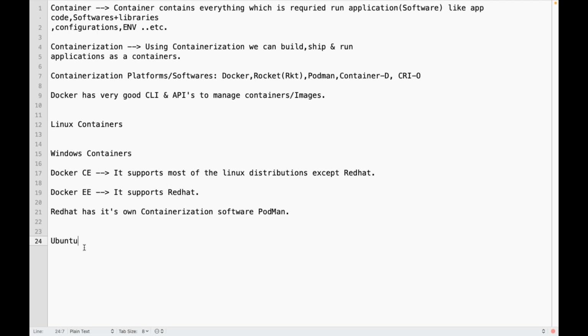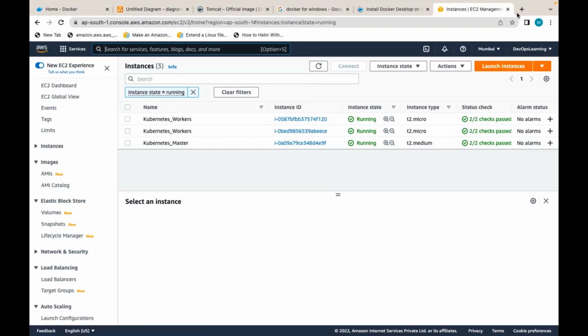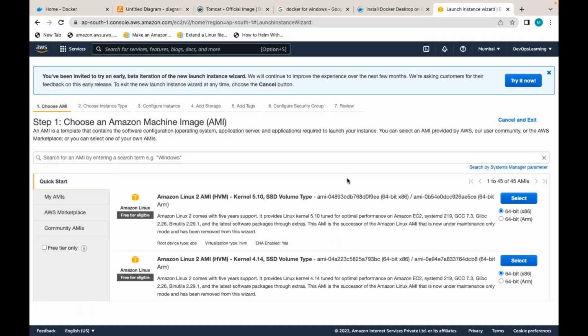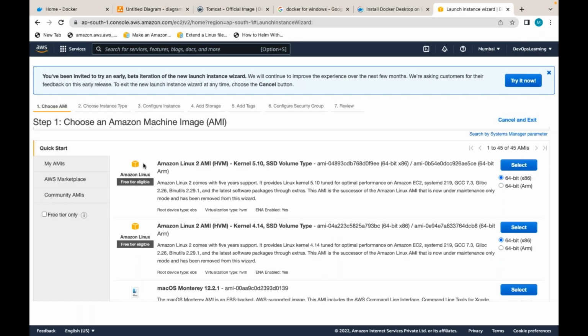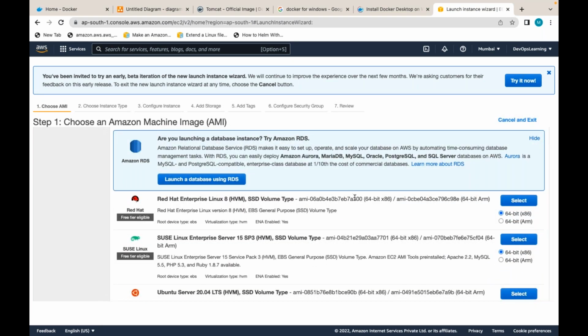No, it's the same. So let me create one server to install Docker now. If required, you can install on Amazon Linux. If required, you can install on Red Hat also, but with no official support.